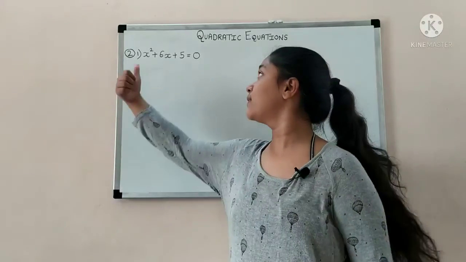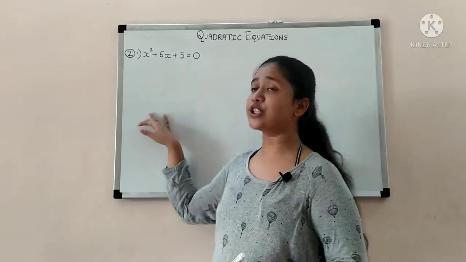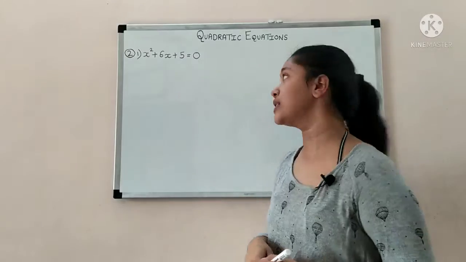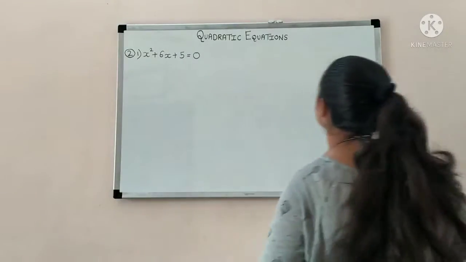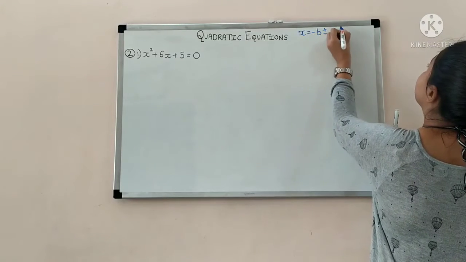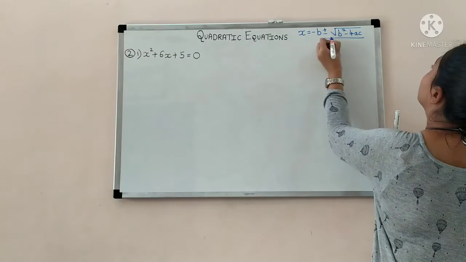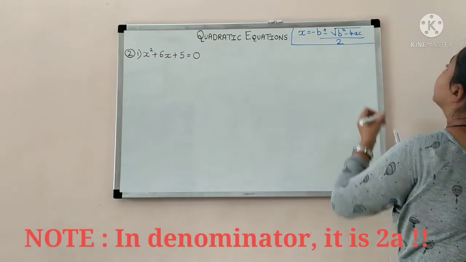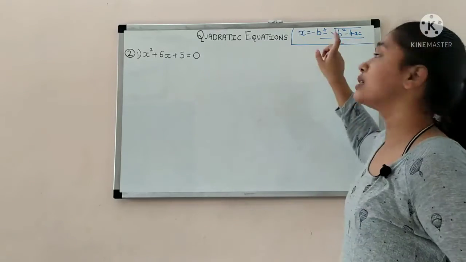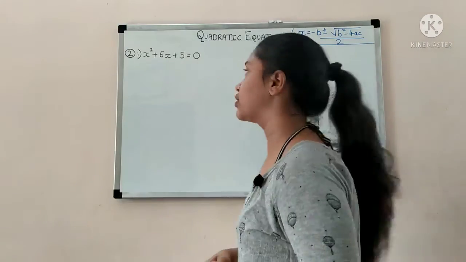Okay students, so now let us start with question number 2. Now here it says that solve using formula. So first of all जो हमारा initial step है वो तो same ही रहेगा. We need to find the values of a, b and c. Because our formula was x is equal to, I'll write the formula for you here. x is equal to minus b plus minus square root of b square minus 4ac upon 2a. Okay, I'll keep this formula here itself. So in the formula we need a, b and c. Other things are constant. So we'll compare this equation with the general form to get the values of a, b and c.